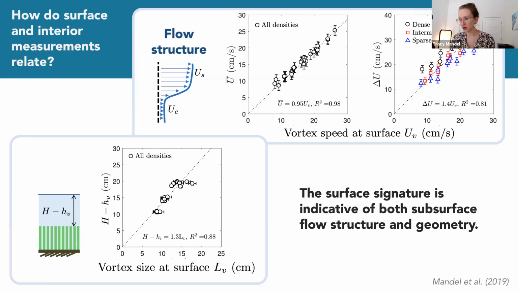And so I won't get into it in this talk, but we were able to then create a predictive model of the mean velocity over depth based just on these surface measurements, so that, in theory, you could go out into the field and say, we see this wavelength of the phenomenon, we see that there are these vortex structures moving at some speed, and then say, these are the sort of velocities that the seagrass is being exposed to, which often controls, for example, its nutrient uptake rate. Maybe be able to tell that the canopy is extending over some distance, etc.